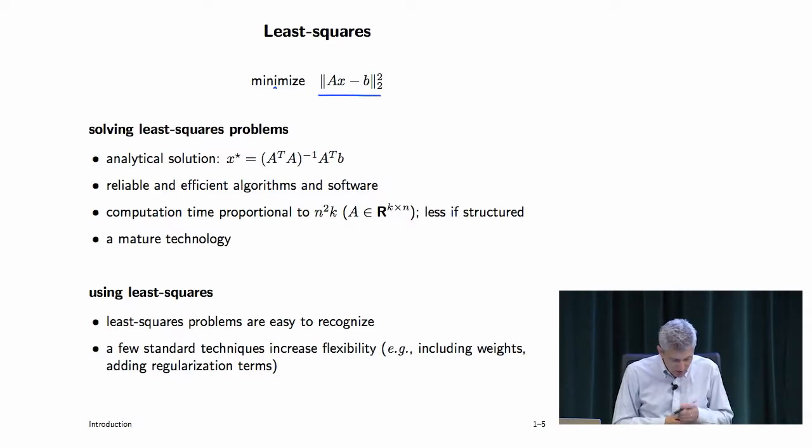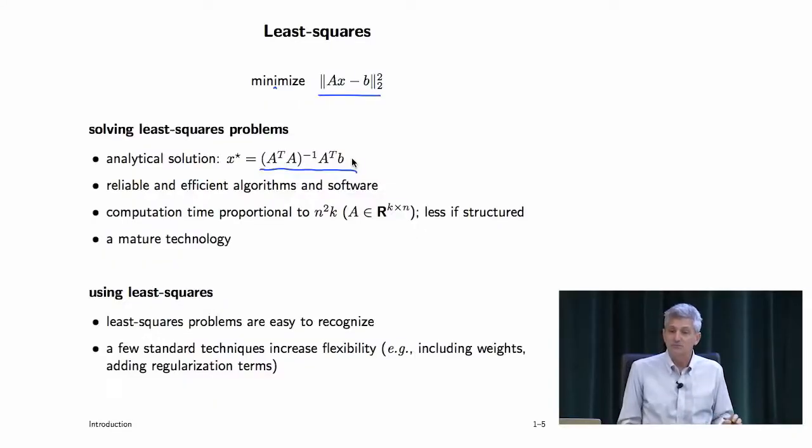I'm assuming everyone here has seen least squares, I would hope in multiple classes, because it comes up in tons of classes, or it should. It might not have looked exactly like this in those classes. All right, well, I'm assuming no pathologies here. For example, A is tall and full rank. Then there's just an analytical solution to it.